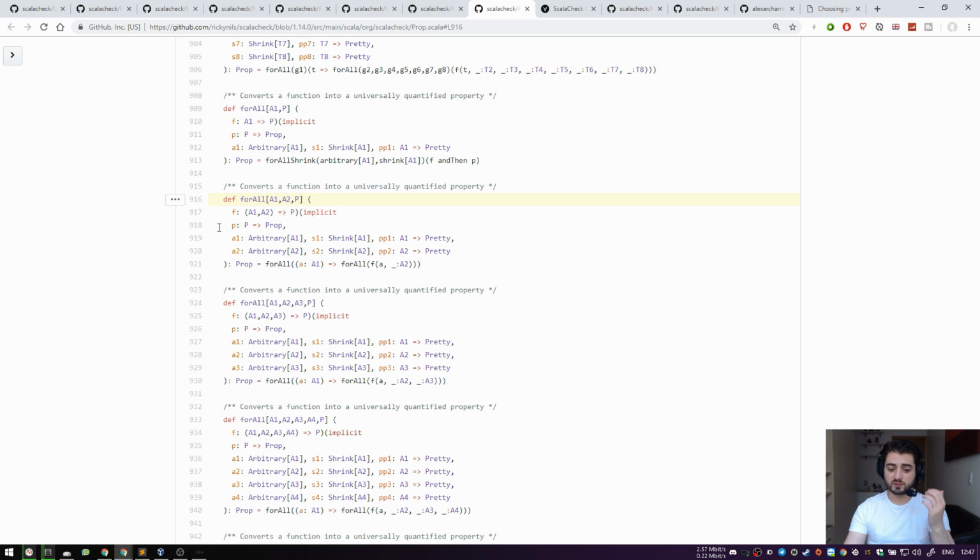The last one, I didn't dig too deeply into it. So we have two views over here. The first view takes your P, which is most of the time a Boolean, and converts it into a property. And the other one is the view that takes your A1 and converts it into a pretty, and A2 and converts it into a pretty. I didn't look into this, but I'm just assuming that this is just for pretty printing